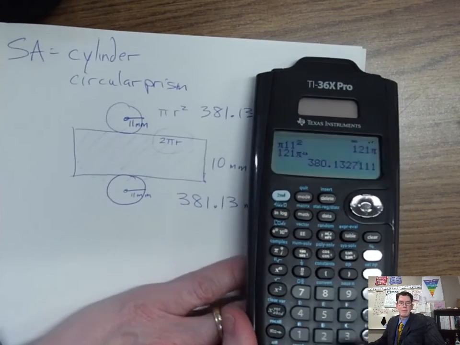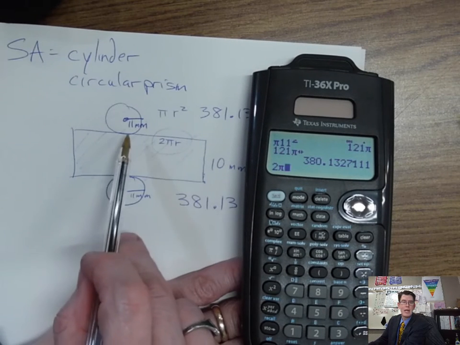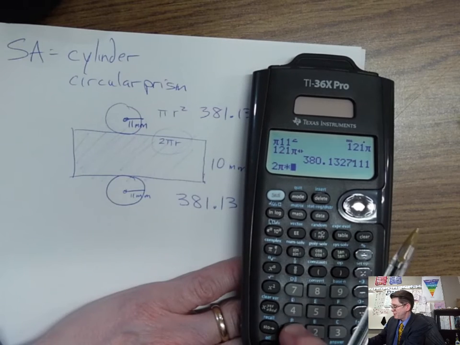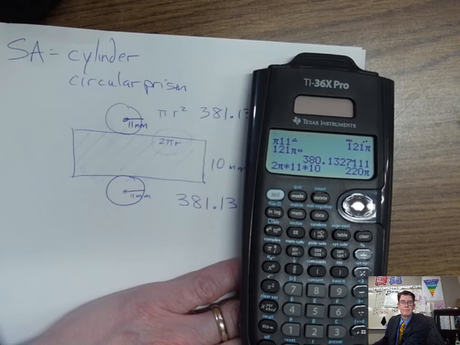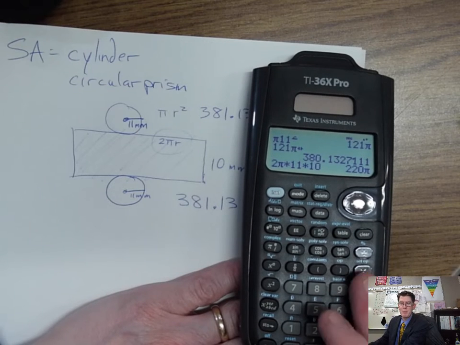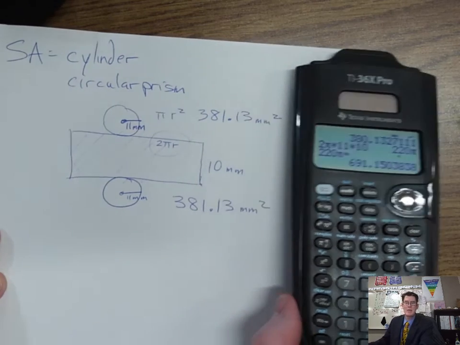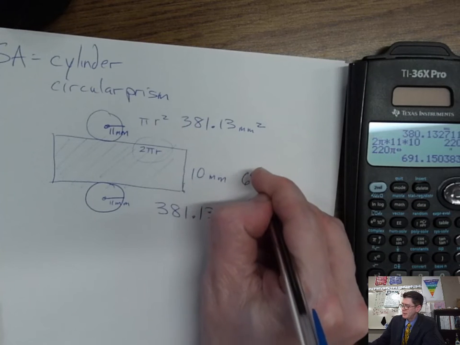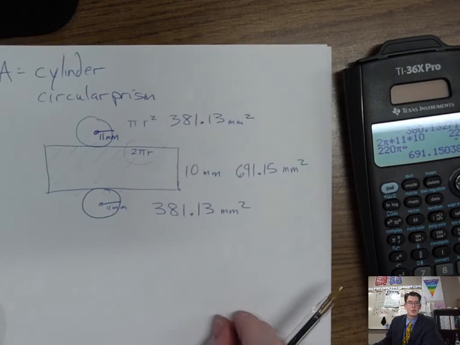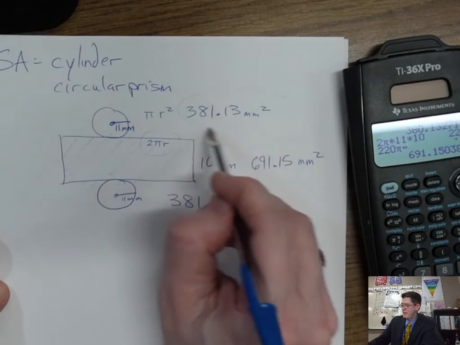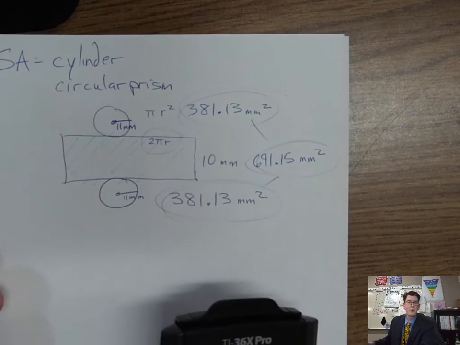So let's see, I'm going to type in 2 pi r, and the radius we know is 11, 2 pi times 11, and then I times that by 10. 220 pi, which doesn't help us much, so we push this button above the enter that gives it to us in a different format. 691.15 millimeters squared. And with that, we've got the area here, the area here, and the area here. When we add those three together, we've got the surface area